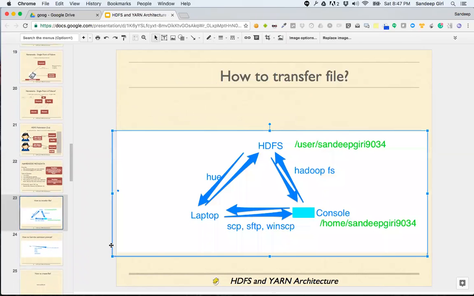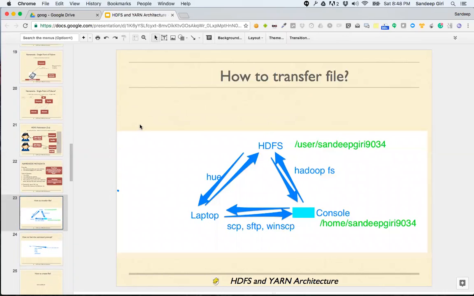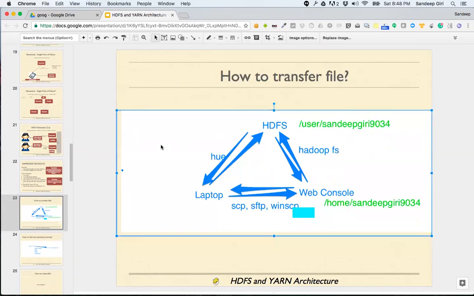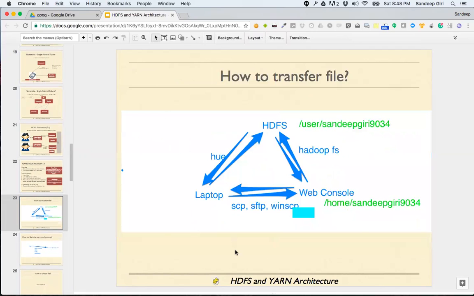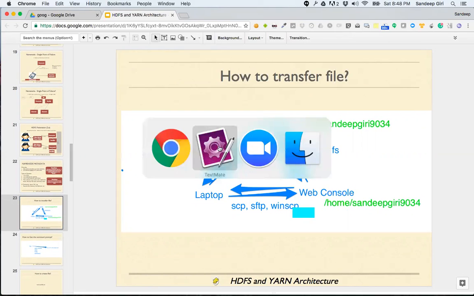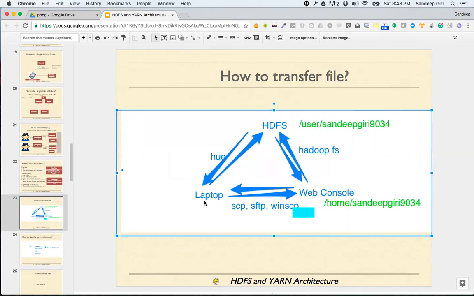Now, a common question I'm facing from some of us is how to transfer a file onto CloudX Lab. I will try to show you this. I have a laptop, a MacBook Air. There is HDFS and there is a web console.